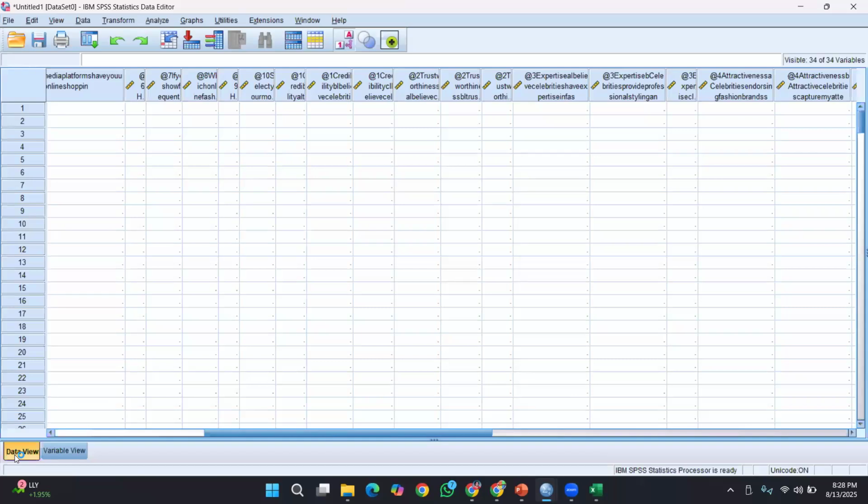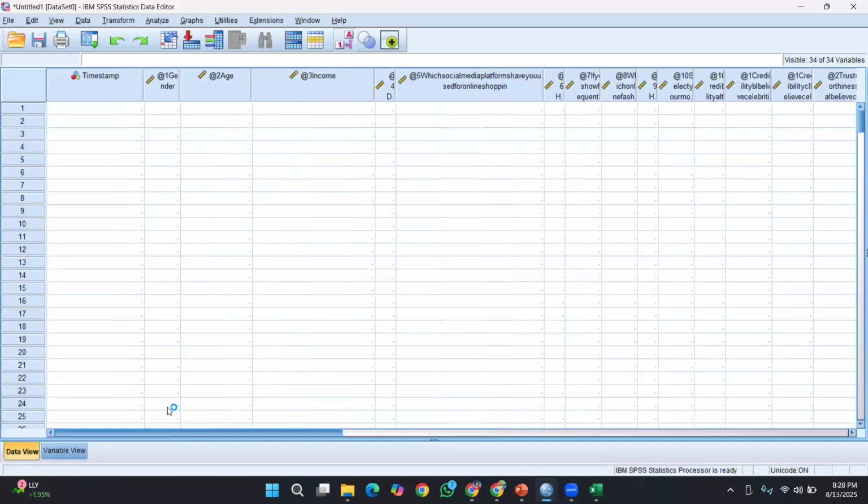So that's why we have been converting it in the Excel and importing the data as numeric values. Right? I think you understand the situation.